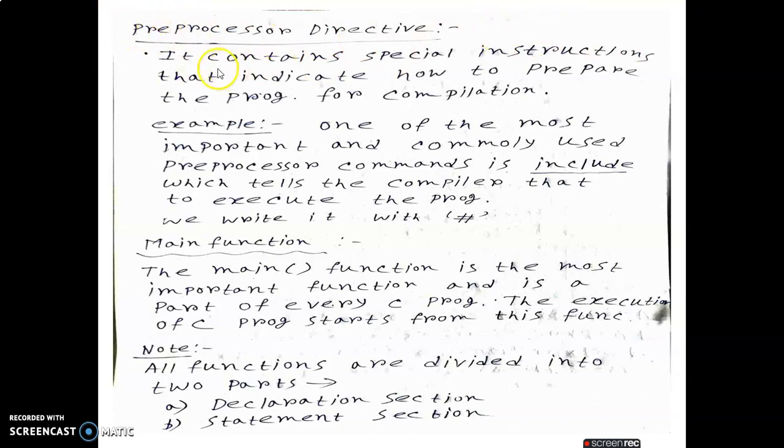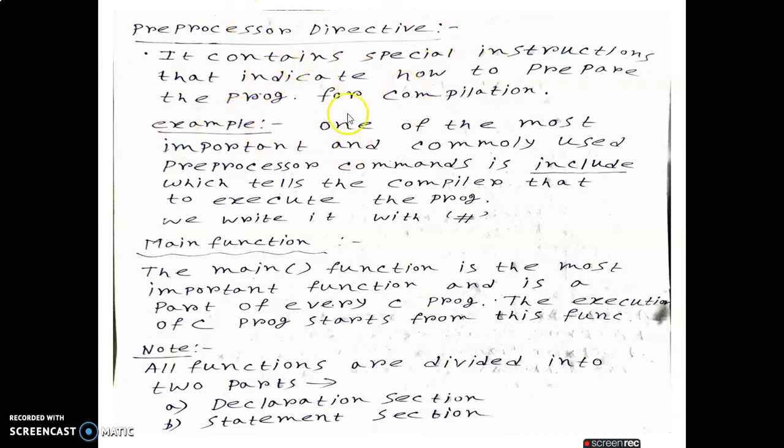That means, the easy way to remember it: preprocessor directives give the instructions on how to prepare a program, how to make it ready for compilation. That is done by the preprocessor directives.